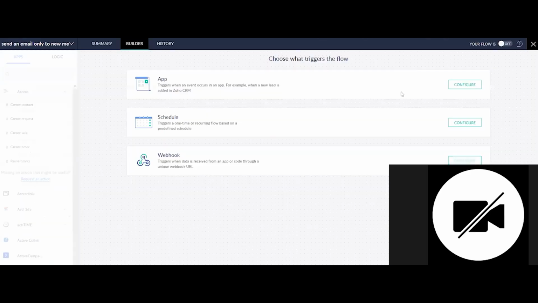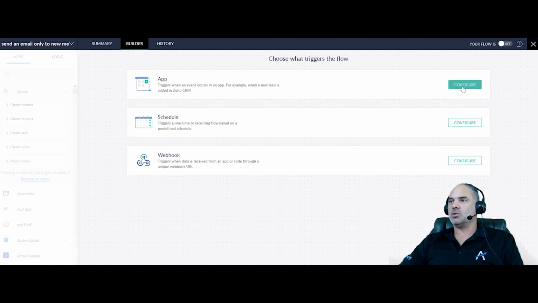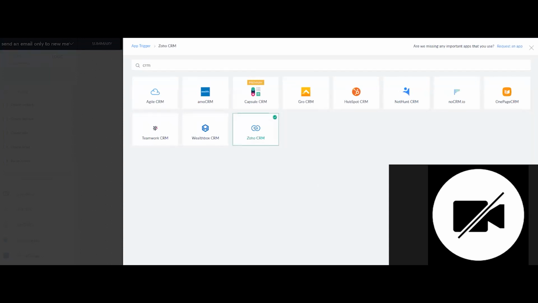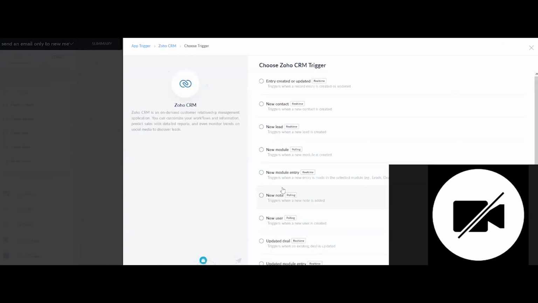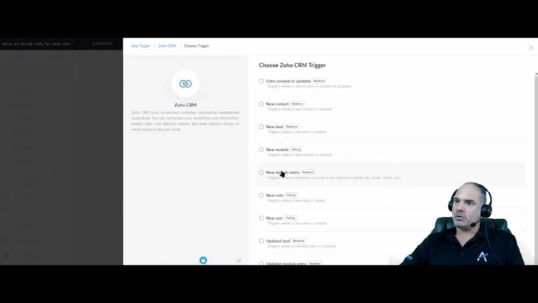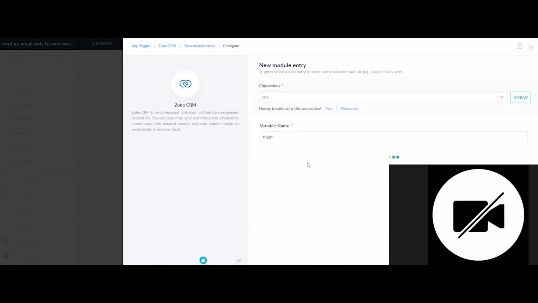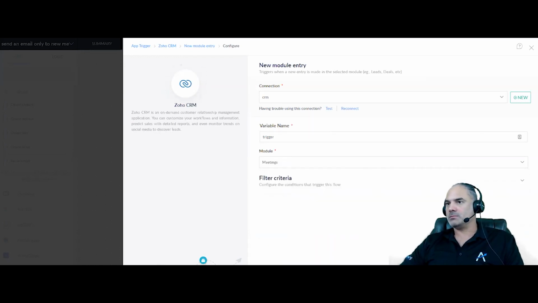It starts with the Zoho CRM. Then the trigger will be when there is a new module entry, and the module will be meetings.